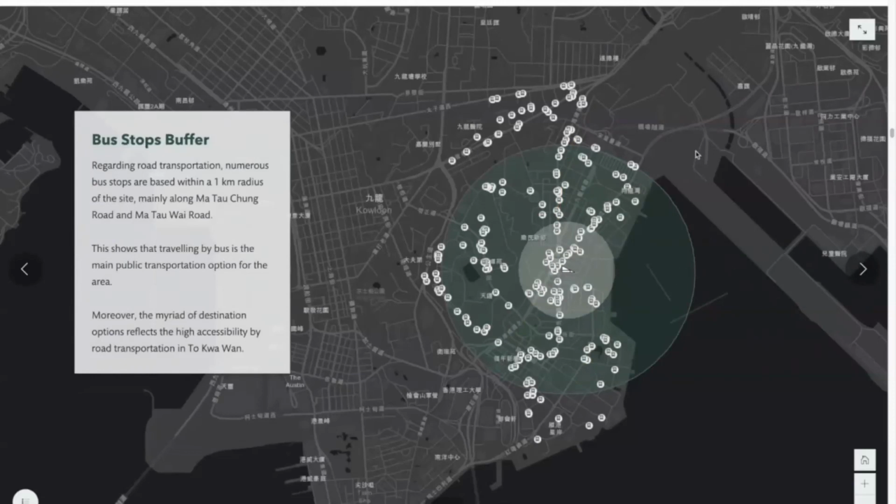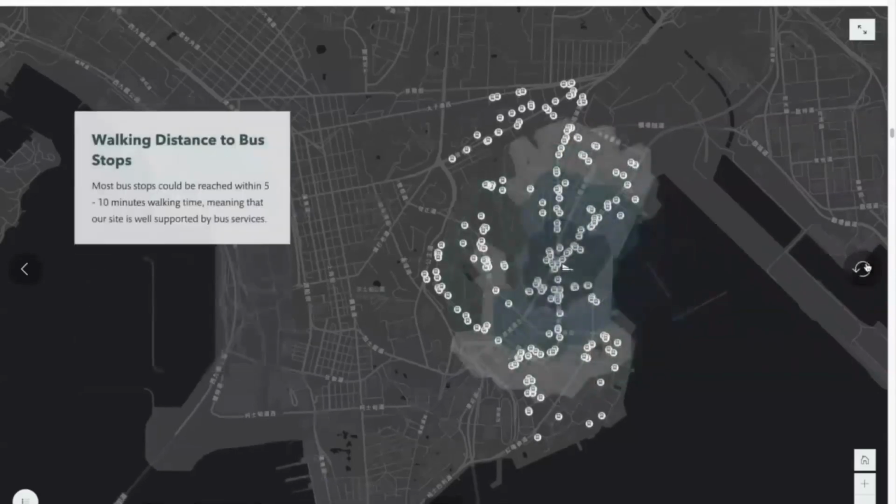By placing a 1 kilometer radius buffer, we were able to see the number of stops falling within the vicinity of the site. Since distance might be confusing to some, in addition to it, we did another kind of surface area analysis, which is using the walking time from the site.